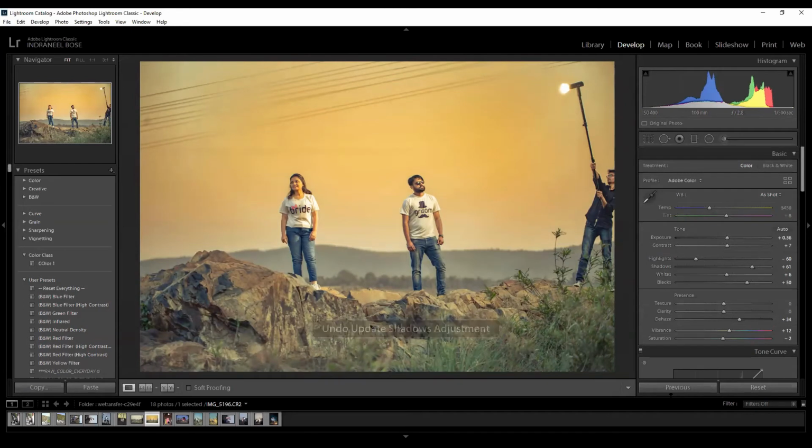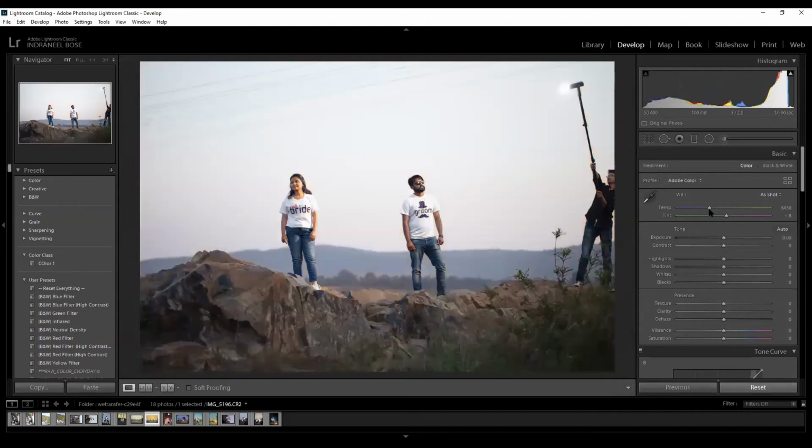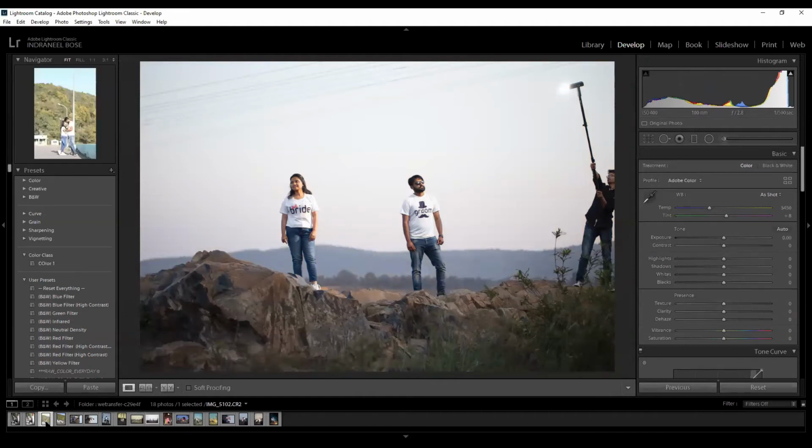Any doubts up till here? Any parts you are missing you want to ask or clear? See, once the basics are clear, color grading is very easy to do because you only have to fiddle with the contrast levels and everything. Any other doubts? Okay, so let's move on with one more thing.